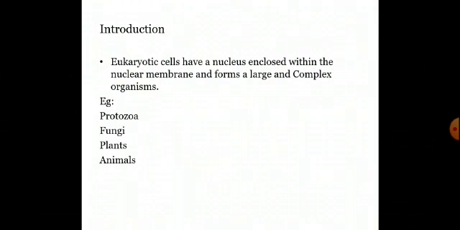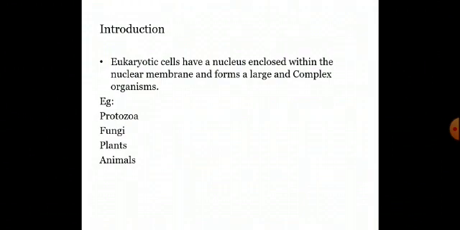protozoans are unicellular. They have cilia for locomotion and a layer called the pellicle that provides support to the cell. These are the features of protozoa. Now fungi: the fungal cell wall is made up of chitin. Some fungi have holes called septa through which the organelles and the cytoplasm pass.